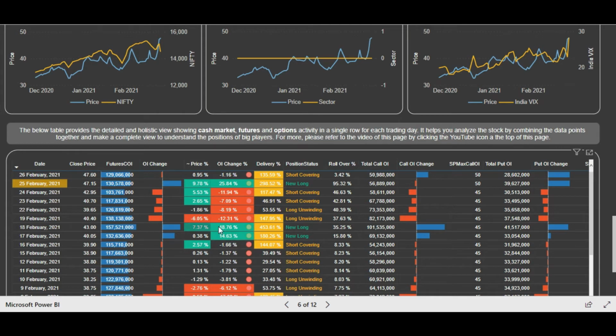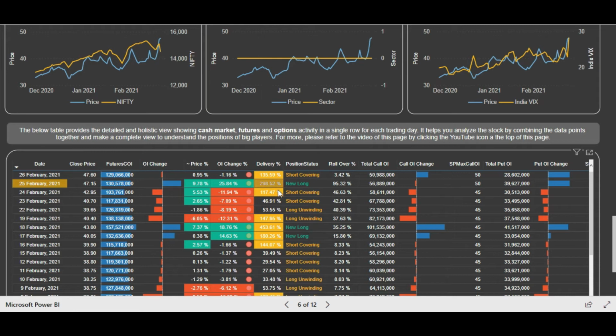And you see that on 18th of February also huge positions were taken in futures and long positions were made, and significant put writing was done, right? So you can see it in this way. That's why, what happened after that, you already see there has been a huge rally in BHEL, which led to short covering also. And you see the cash market delivery percentages as compared to the previous day were significant, starting from 16th even, and 17th, 18th and 19th.